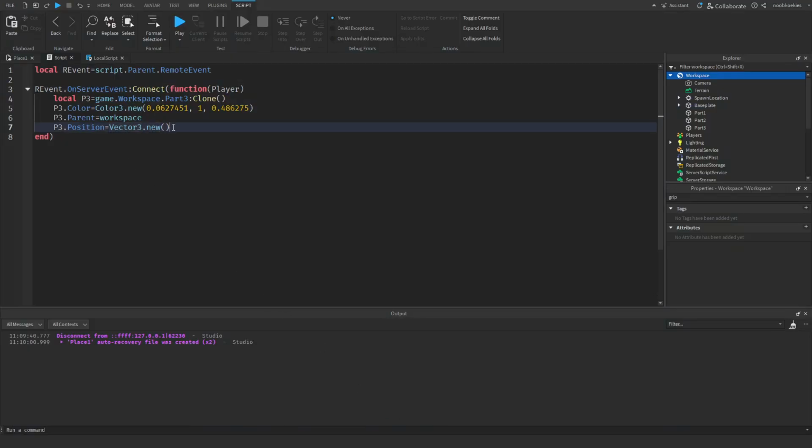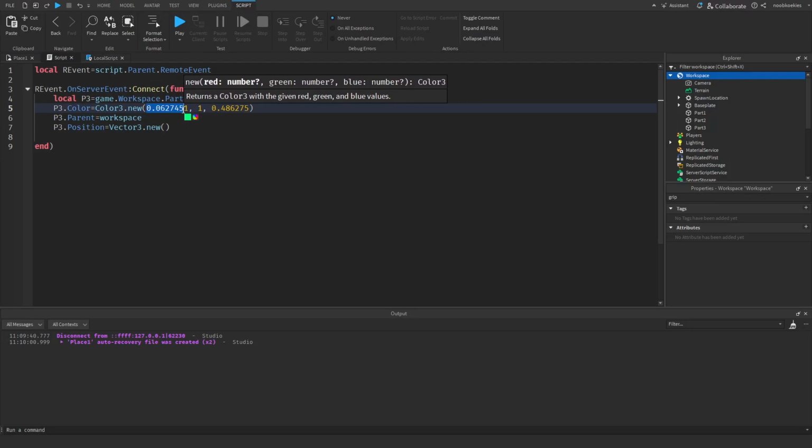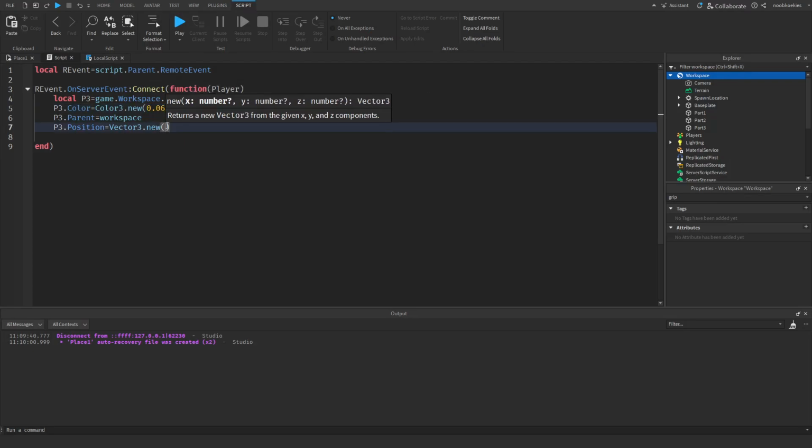Alright, so Vector3 dot new. Vector3 basically means 3 things. You cannot do color because color only can go to 1 and it's different, you know. In fact, you can use it on anything. It just means 3 numbers, X, Y, and Z. I'm literally stumbling on my words. Whatever, just type